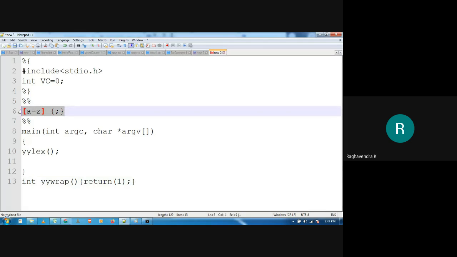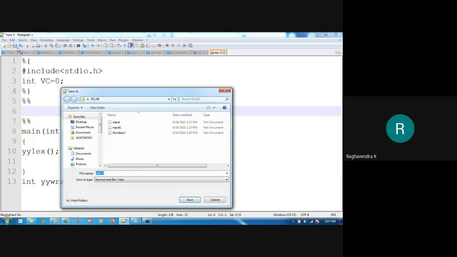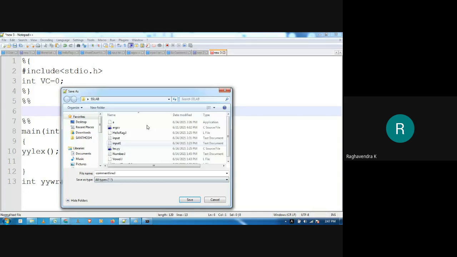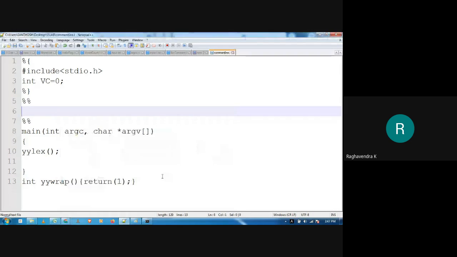So in the pattern I will write comment line dot. Let me use that pattern that has been specified.